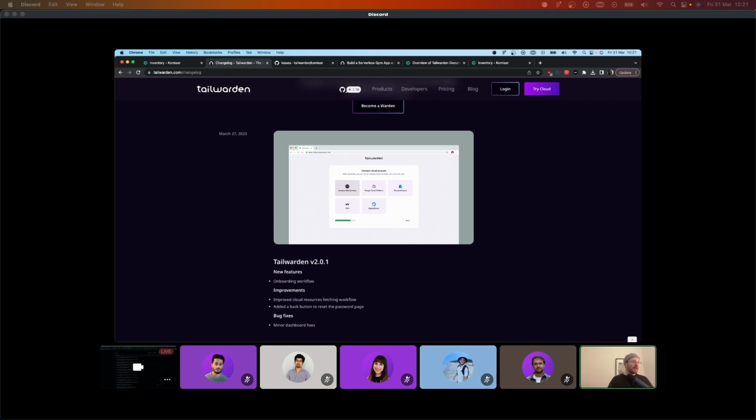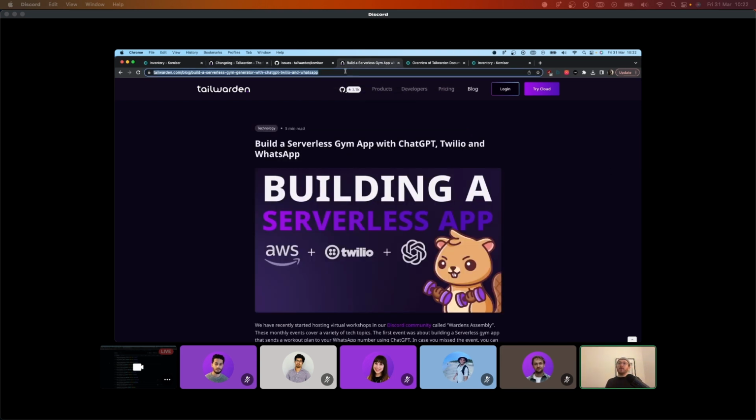So he built it in Golang using an AWS Lambda function. He used AWS SAM, using infrastructure as code, to get it deployed to AWS, integrated with ChatGPT. It was a very, very fun and very, very informative workshop. And a couple of days ago,